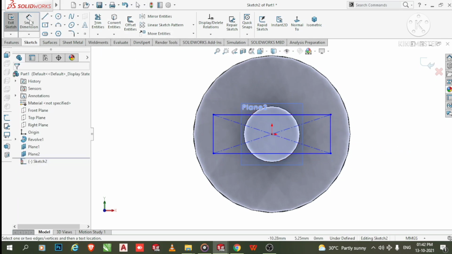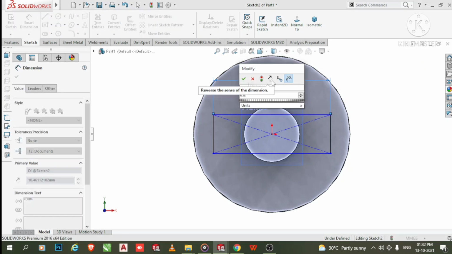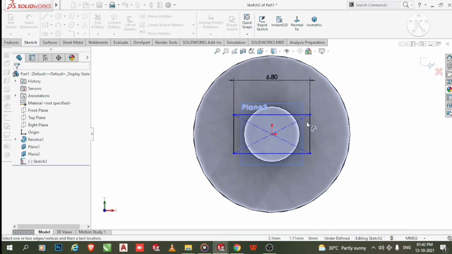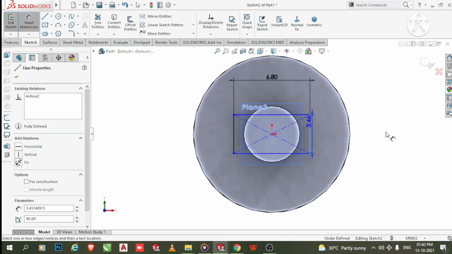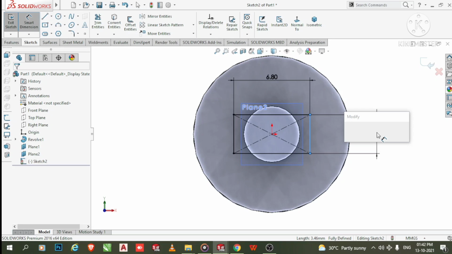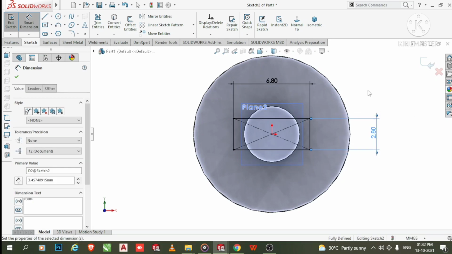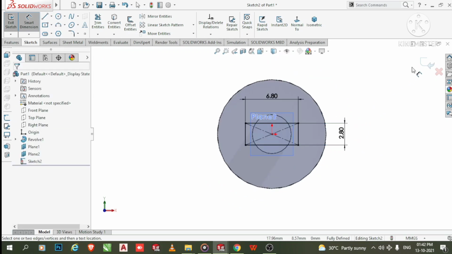Now go to the smart dimension, and this will be 6.8 mm, and this vertical line will be 2.8 mm. Now execute this sketch.